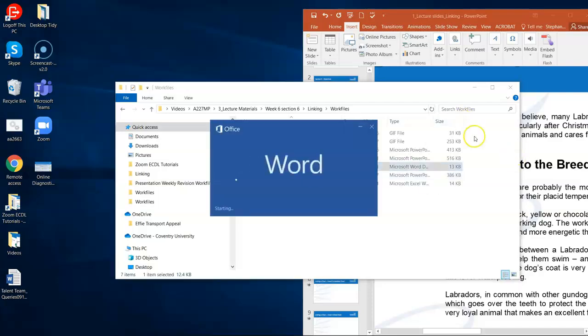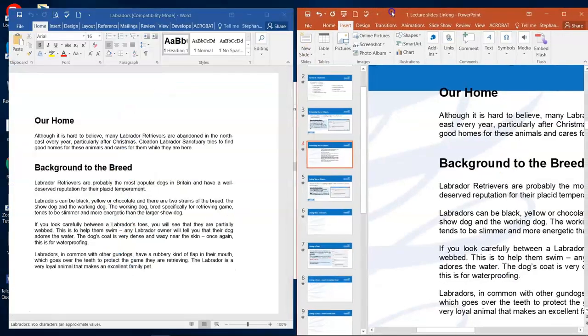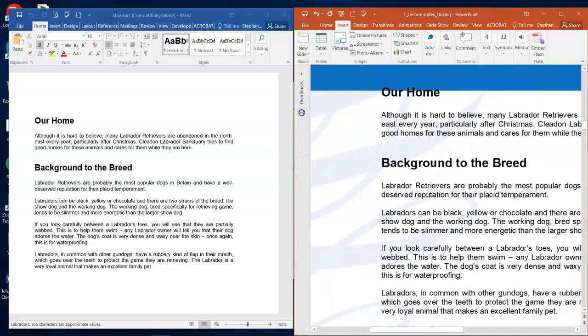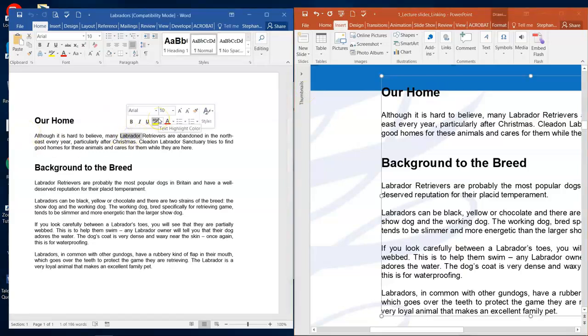So here's the Labrador file. Okay, so they're alongside each other. I can just pull them in so you can see. This is the word I'm talking about. Do you remember I said if I take it out of the main file, because they're linked in the Word file, if I delete that Labrador over here,